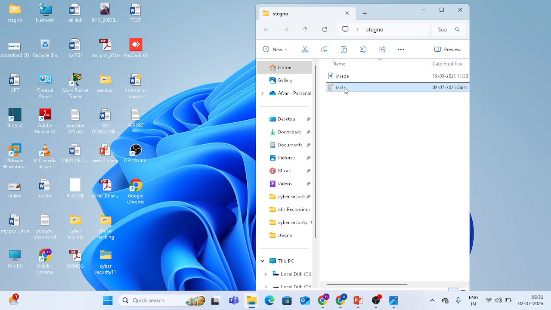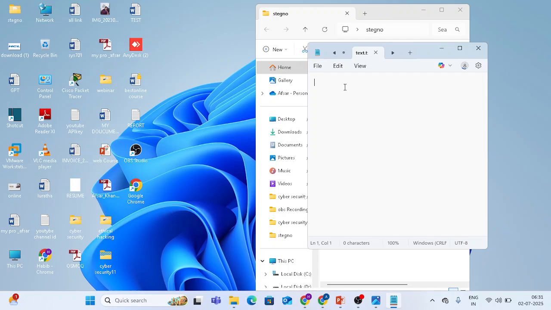Inside you can write any detail, your mobile number, any other details like password, Gmail, ASDF 1234